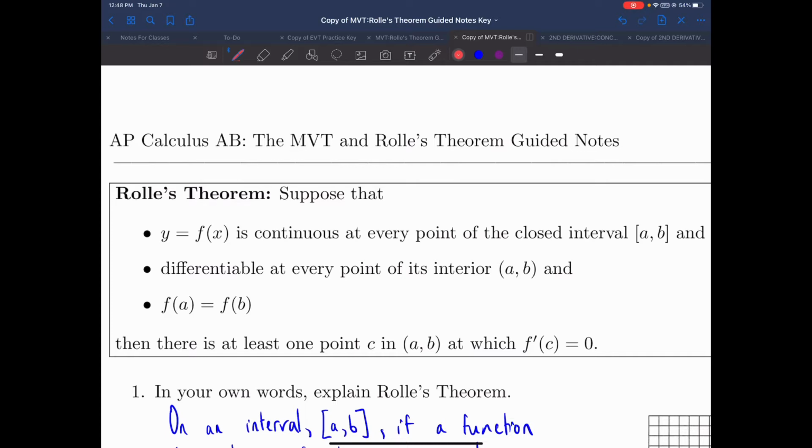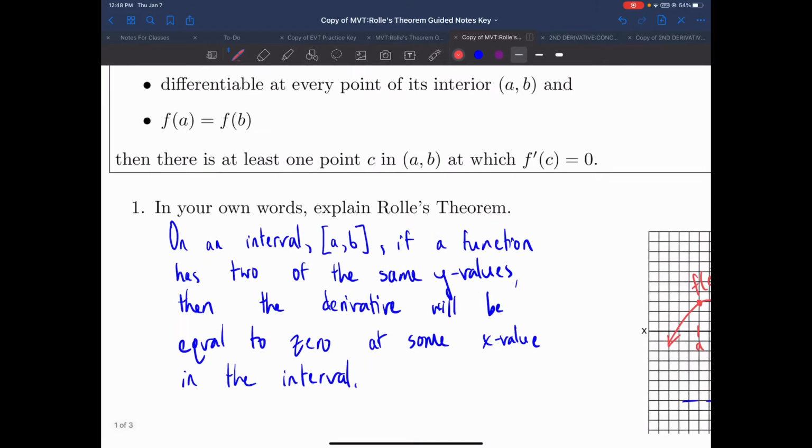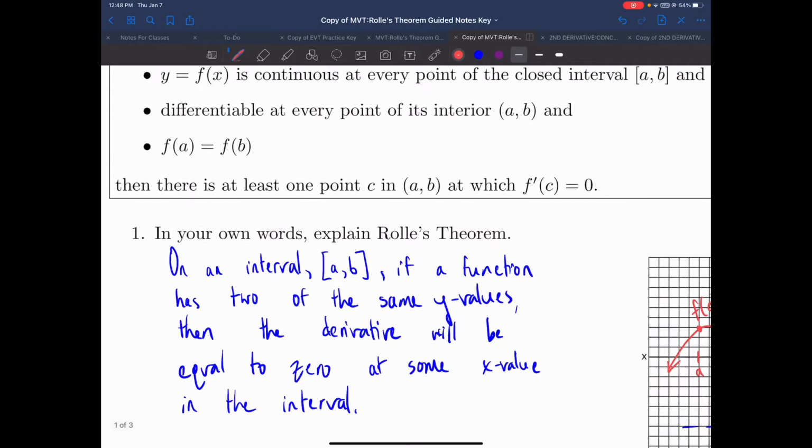Like most theorems, they're written in a very technical way. So we have to decode what that says and find a statement that makes sense to each of us to understand this. The first prompt says, in your own words, explain Rolle's theorem. The way I would do that is something like this. I'd probably write this more technically than you might, but whatever you come up with to remember it is fine. So it says, on an interval a to b, if a function has two of the same y values,